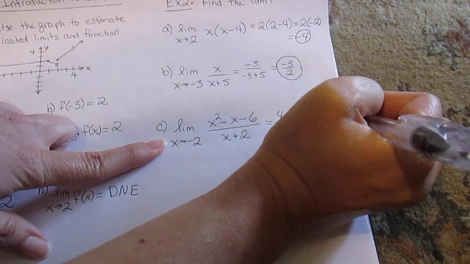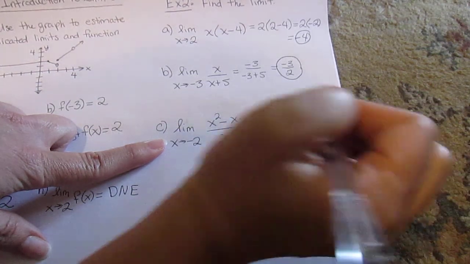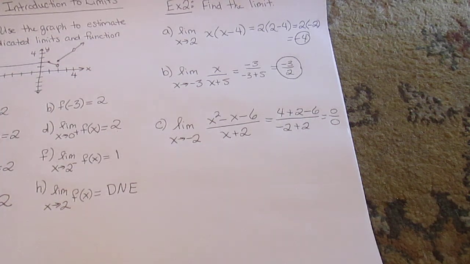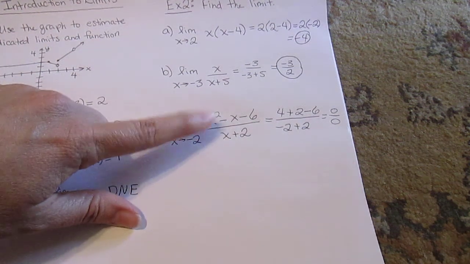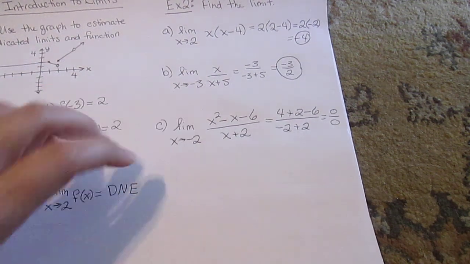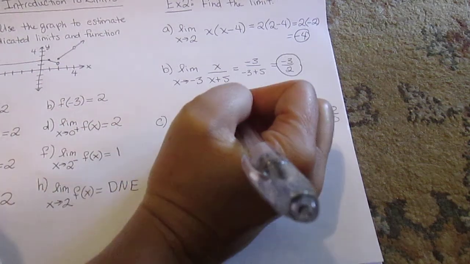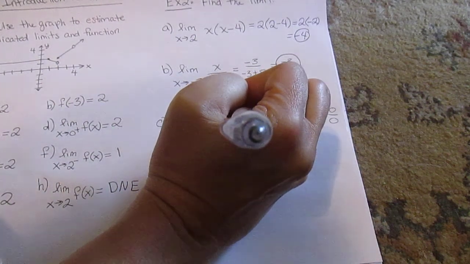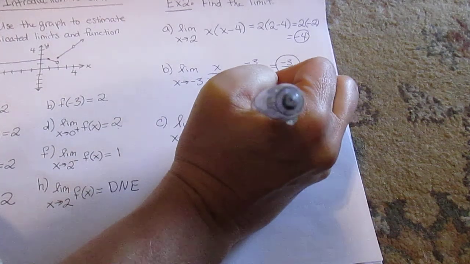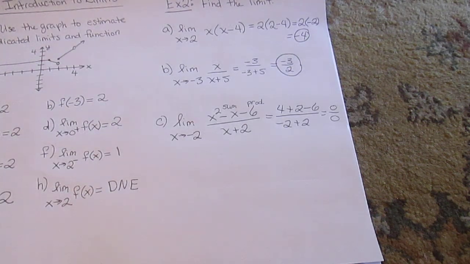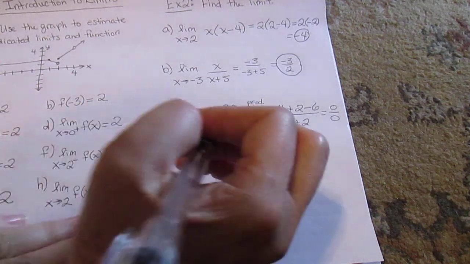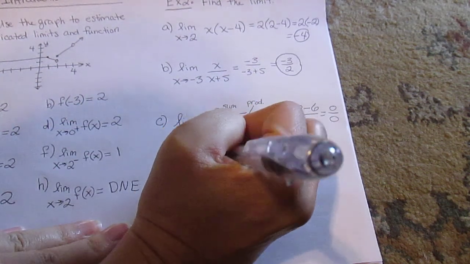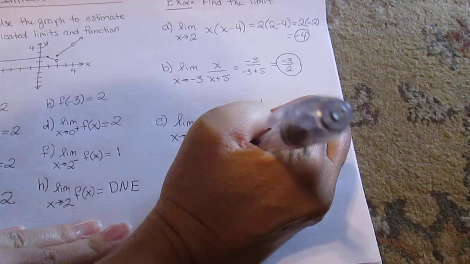Oh, that gives me 0 on the top and 0 on the bottom. Well, that's what's called indeterminate form. Whenever you get 0 over 0, you need to go back and see if you could have simplified your problem before you continue. So we can factor this. We've got a negative 1 in the middle, so that's our sum, and our product is negative 6. So what two numbers multiply and give me negative 6, but when I add them I get negative 1? Well, negative 3 and positive 2. So let me go ahead and factor that out. I've got x plus 2 and x minus 3